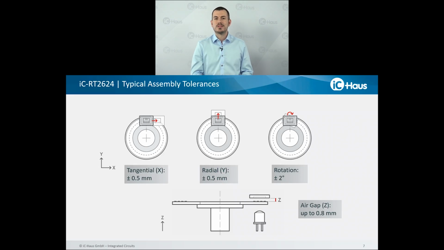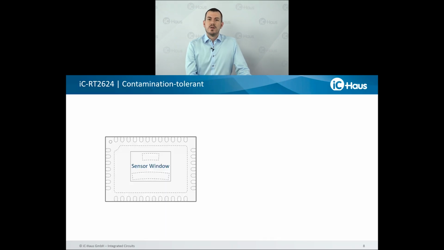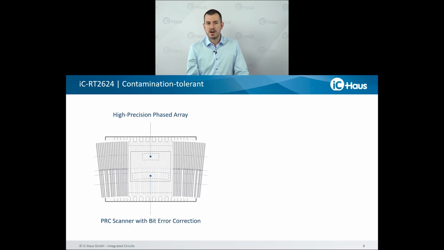tolerances. What about operation, robustness in operation, high availability? We all are aware of reducing downtimes in machine parks. What about availability? We integrated a contamination-tolerant sensing technology here. So here you can see the top side of the chip, in this middle rectangle here. This is the sensor window with the two sensing elements here, and well, it consists of